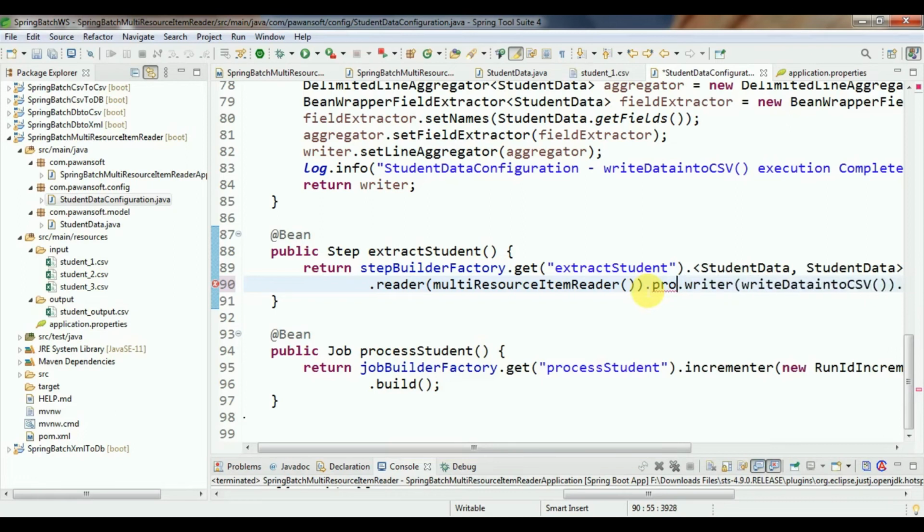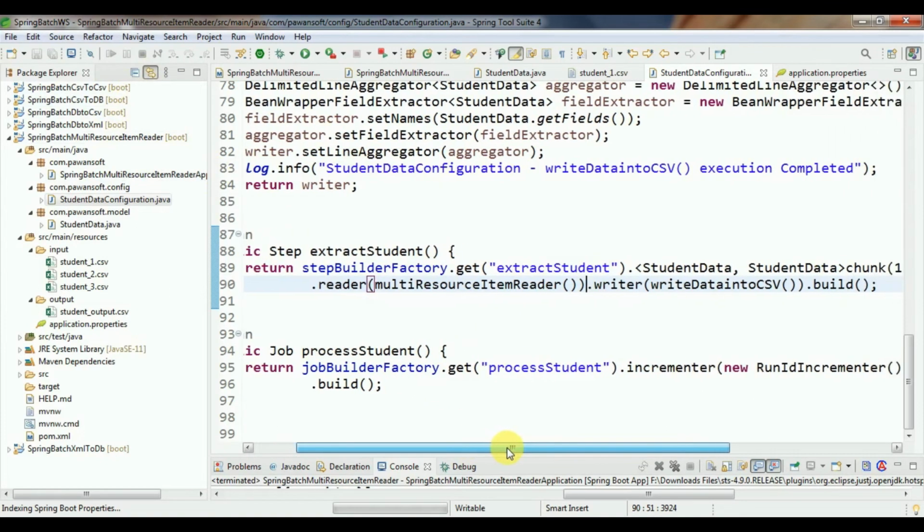In my case I am not going to write any processor, because I am not performing any changes on data. If you don't know how to write the processor and how to call it, then you can watch my previous video. There I have written it. So this is the processor and this is the job.